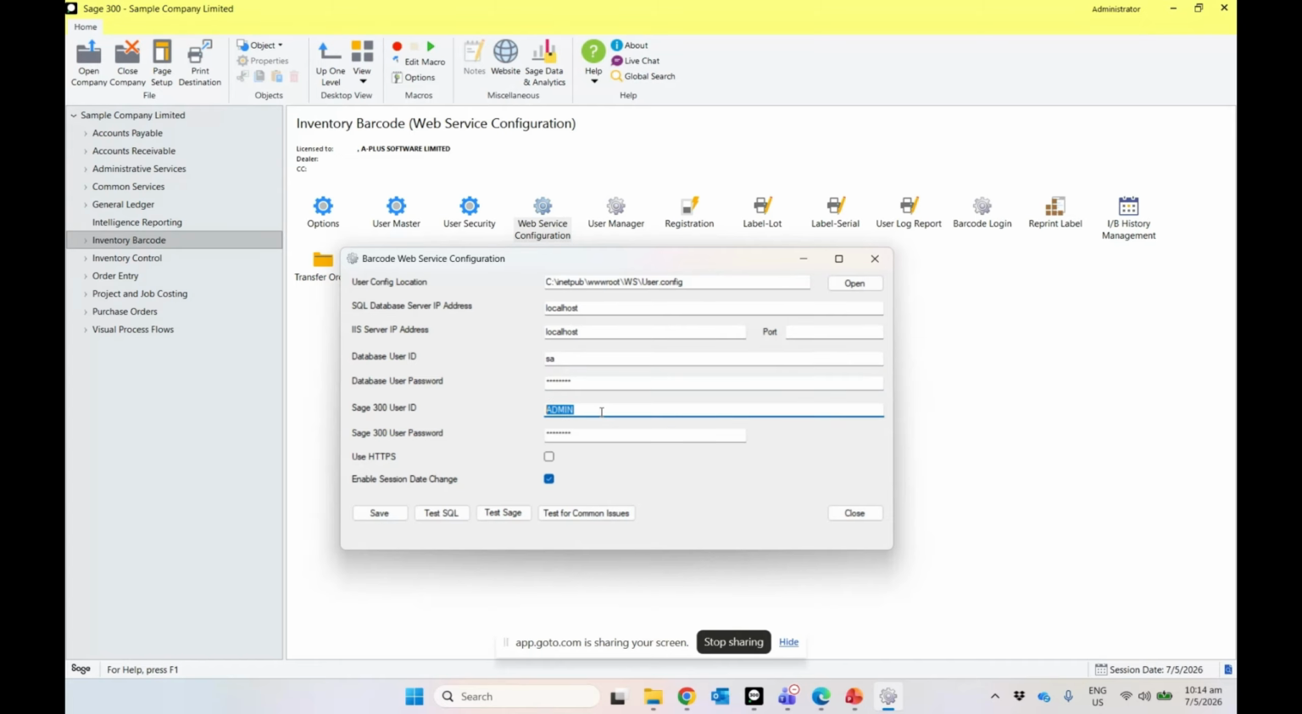And this is now the super user ID that is assigned for barcode. In my demo environment, I'm just using admin, but of course, in a real production environment, this should be a special super user ID that we define for barcode. For example, we would call it barcode, and it has to have all of the corresponding rights in Sage to be able to post the underlying core functionality of 300. So this is just user ID and password, and we would be able to test the connection to SQL, test the connection to Sage,